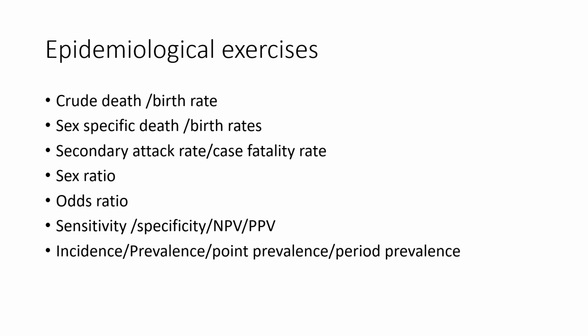It is always good to know the significance of each of these, particularly of incidence, prevalence, the relation between the two, the interpretation, in which cases relative risk is calculated, and what are the study types in which odds ratio is calculated. At the same time, you should also know the national figures for the current death rates, birth rates, sex ratio,